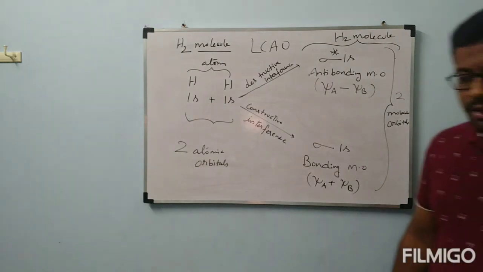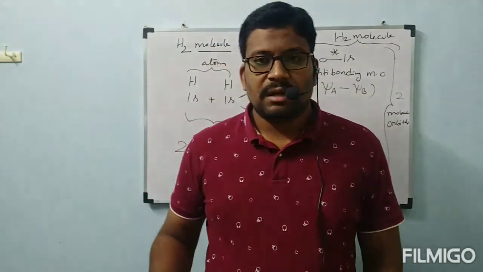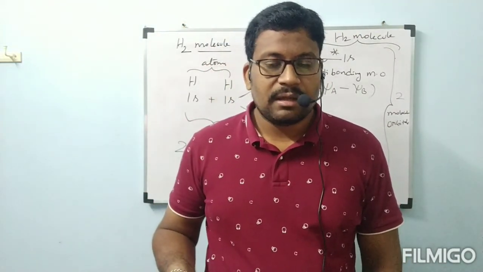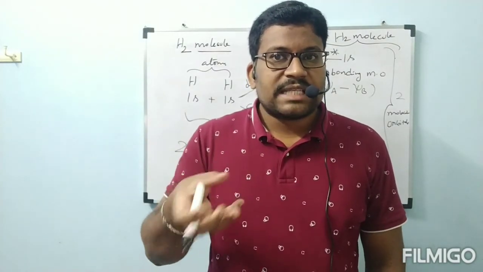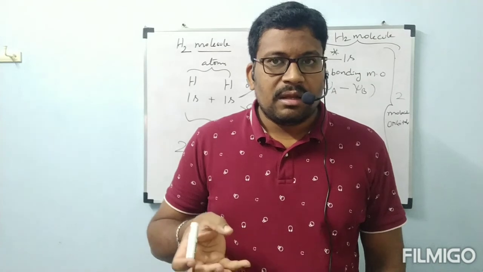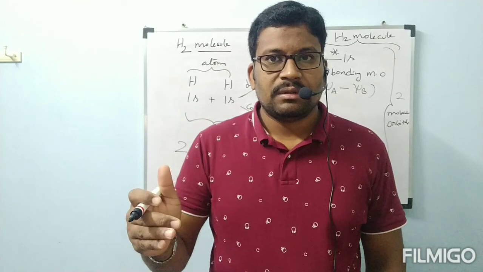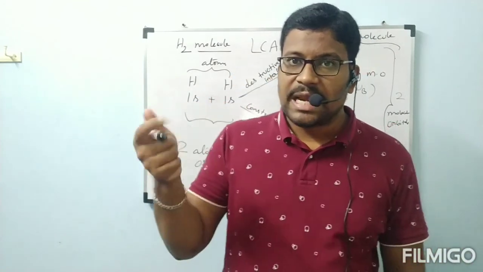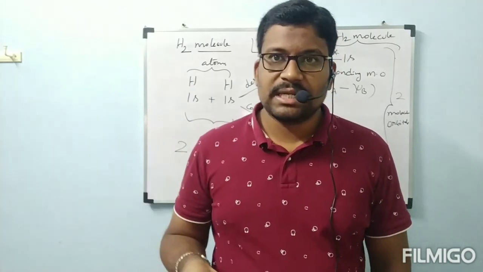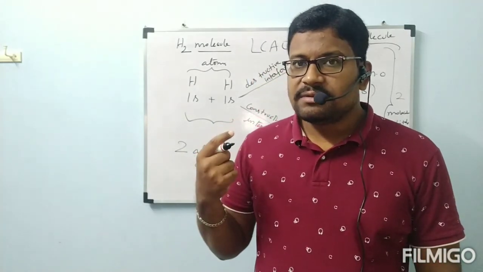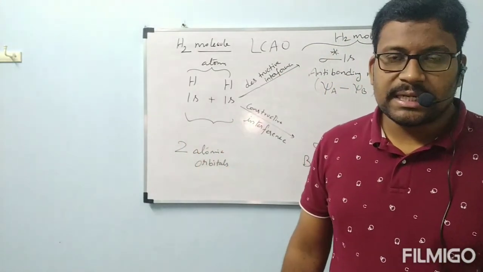Next, we have some more terms, that is electronic configuration. Bonding and anti-bonding molecular orbital representation is completed. According to the energy levels, we have to write one order. After that, we have to take some examples and write the molecular orbital diagrams for them, like C2, H2, Cl2, He2, Li2, some molecules like that. Those molecular orbital diagrams we will see next class. After writing them we will understand magnetic properties neatly.